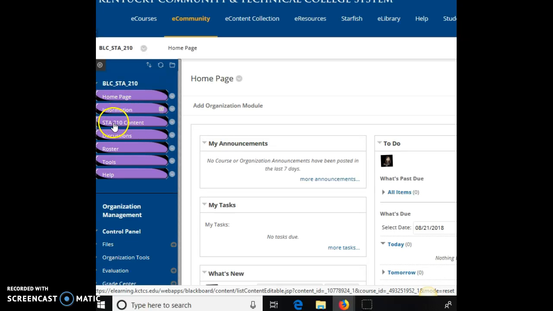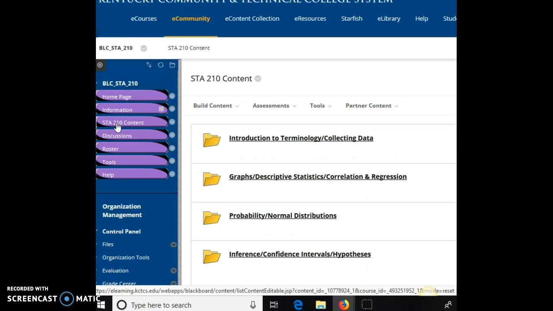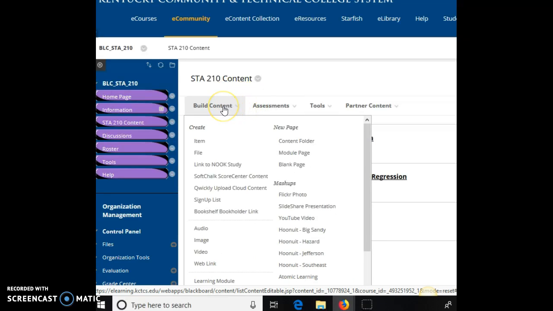But let's suppose I want to put a video under this button, STA 210 content. So I'm just going to go ahead and click on that. All right, and I want to put a video here. Now, probably the easiest way to put a video in is to do it as a link. Okay, so under Build Content, if I go down to Web Link and I click on Web Link,